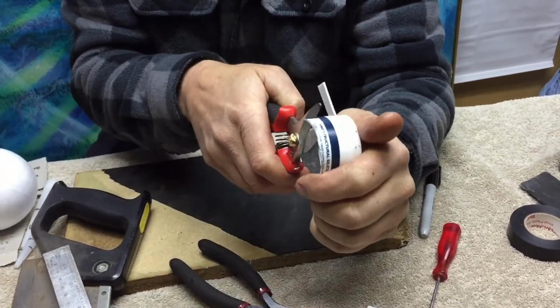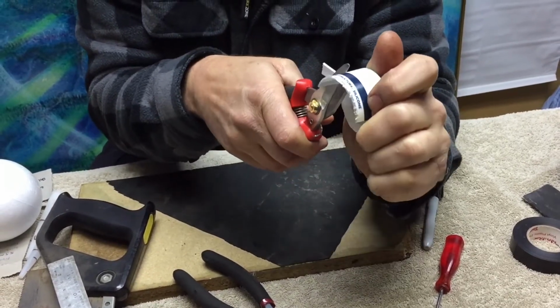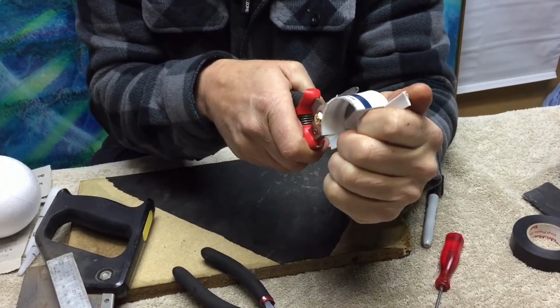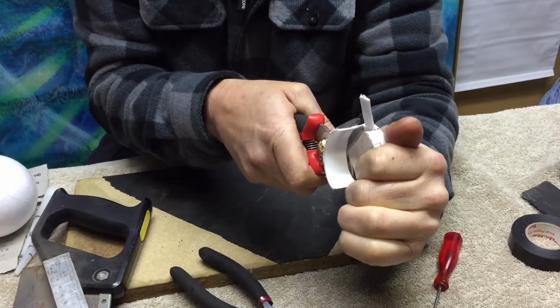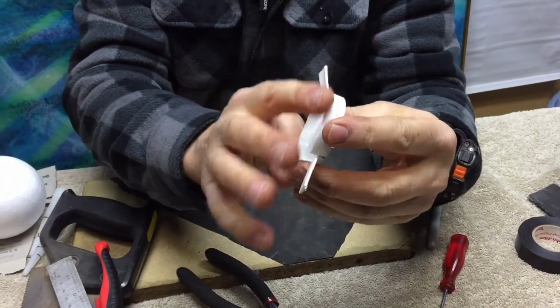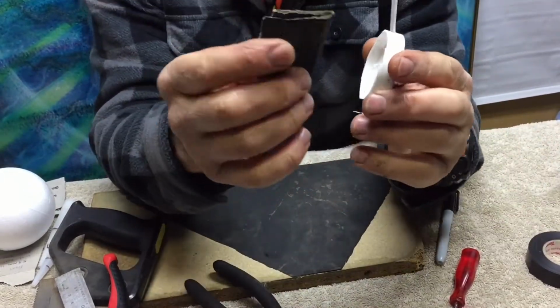Cut that one off, and you continue on around here. I'm going a little bit quick just for the sake of time, but just take your time with it. Now you might have a little bit of leftovers. You can either just get your sandpaper,